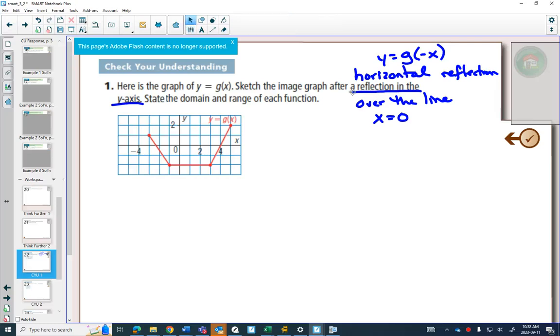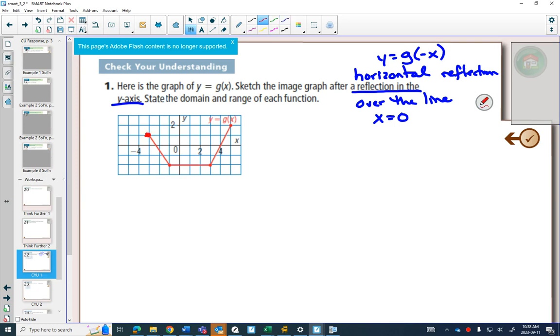And that's something that happens a lot in math as well. They have all of these ideas that are connected, either a graphical way of saying it, an algebraic way of saying it. So you have to be able to interpret something and make those connections. Once we've made the connection that this is a horizontal reflection, so when I go to graph it, I like the idea of horizontal reflection. When I want to get to specifics,